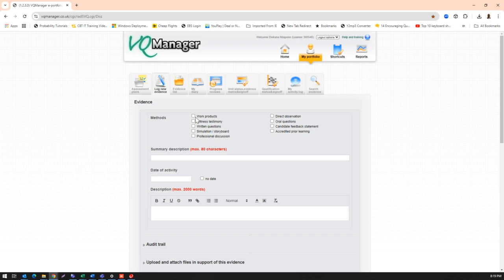And step 1 on this would be to select the type of evidence. In this case, I would select written questions. Next would be to type in the summary description. So the summary description would be, as a typical example, the file name. So we recommend that you use the file name. So in this case, we would say